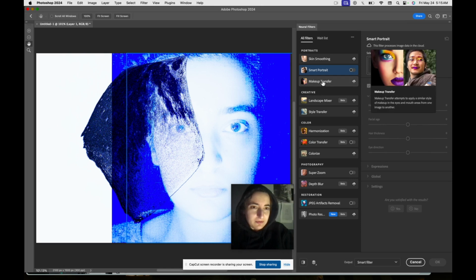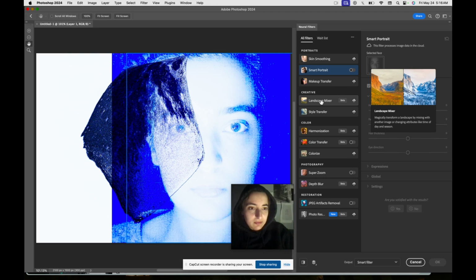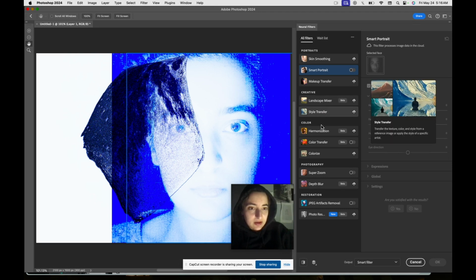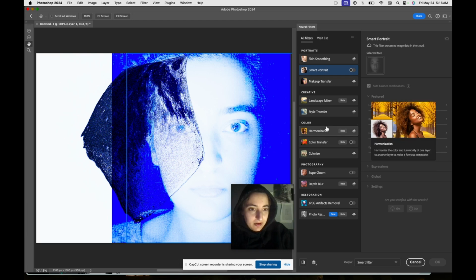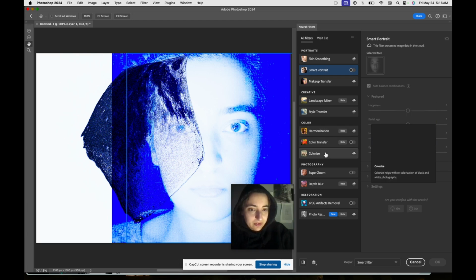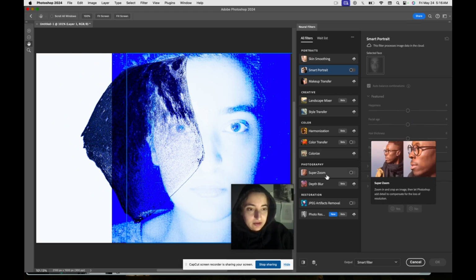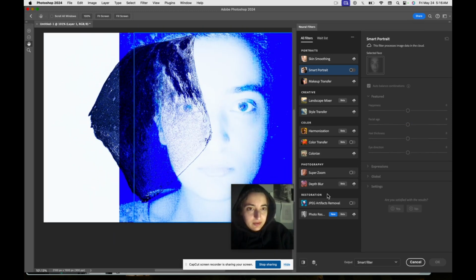Makeup transfer doesn't work too well in my opinion from what I've tried so far. You can mix landscapes, style transfer. The ones that feel very notable to me are colorize, where you can colorize a black and white image, and super zoom I wasn't very impressed with. But there's the